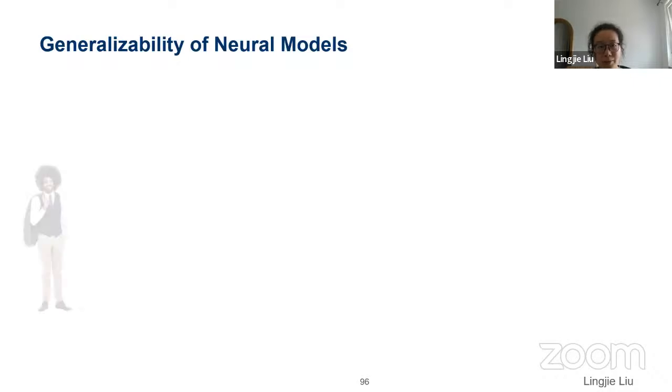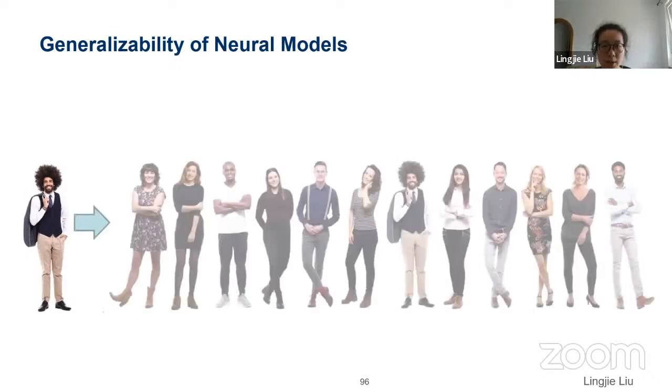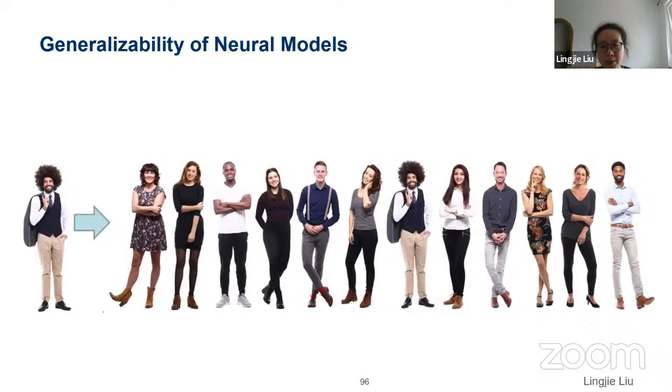I also plan to study generalization across different person identities. We see Neural Actor can synthesize very high quality free viewpoint rendering of human characters under pose control, but it's unable to generalize to new human characters. So how to extend existing neural human representations to generalizable models is another important and challenging problem.